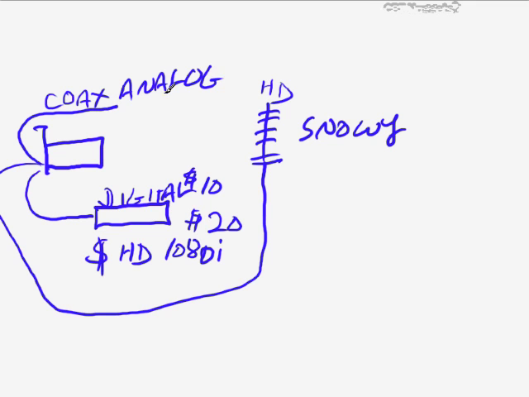They could also get a snowy picture through coax analog, especially if their TV signal has been split off many times. Maybe they have a family room and a living room and 2 or 3 bedrooms, all that have coax, and every time you go to a different room, you may have to split that, so they might be getting a weak signal. So again, they might be getting a snowy signal through that.